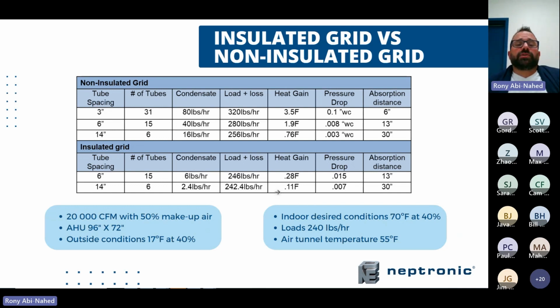And also what's important to keep in mind, the absorption distance. The absorption distance, that's the distance you need as soon as you leave your grid until all the steam is absorbed before you hit something else. Now, if you have 30-inch available, spec 30-inch. Don't spec 6 inches or 10 inches just to make sure you're safe, because by shortening the absorption distance, the